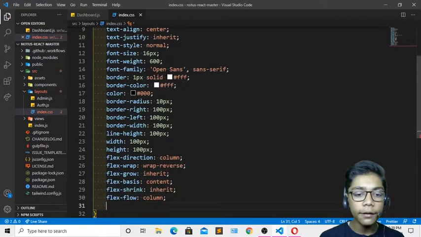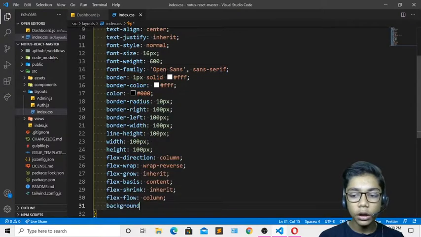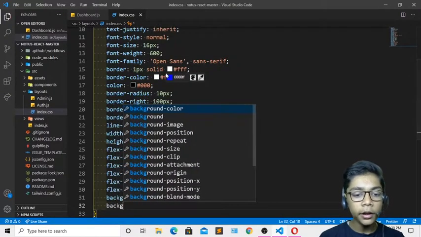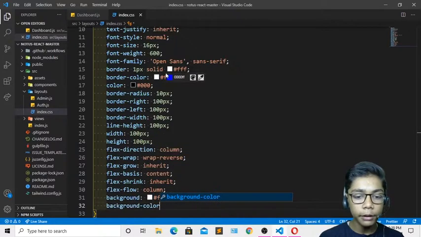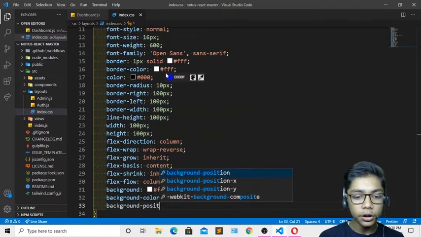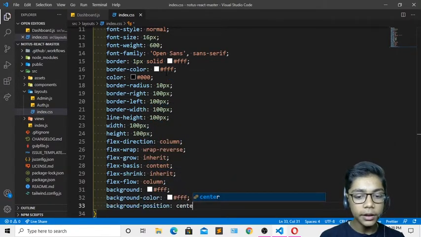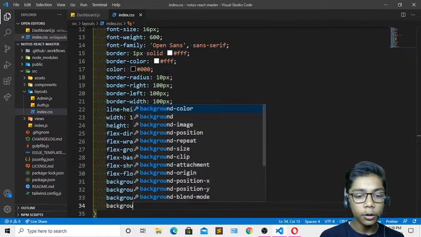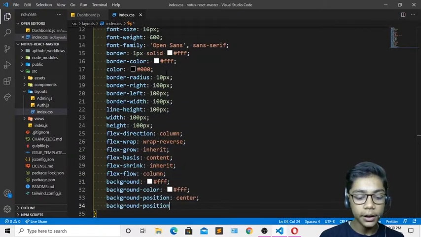Now when you've done that, I'll come underneath again and create a background. So the background I will need of white. Then I'll come underneath and create a background color which should be white, and I'll also create a background position which should be center, and background position X which will be center.